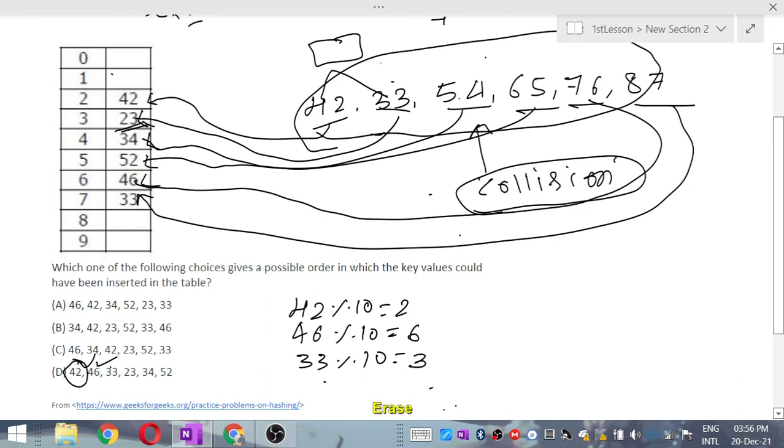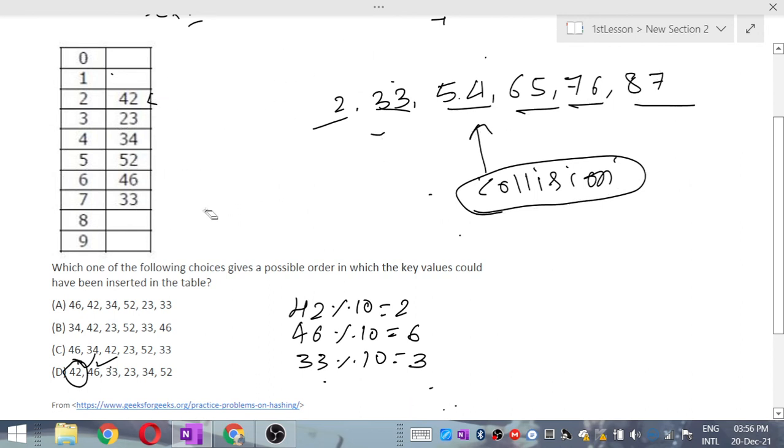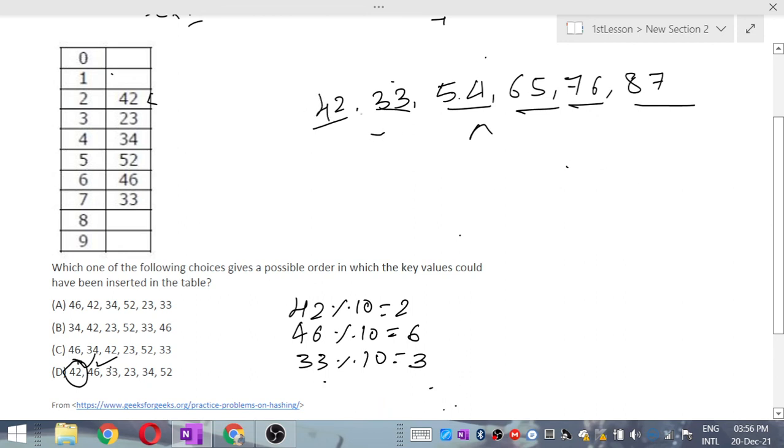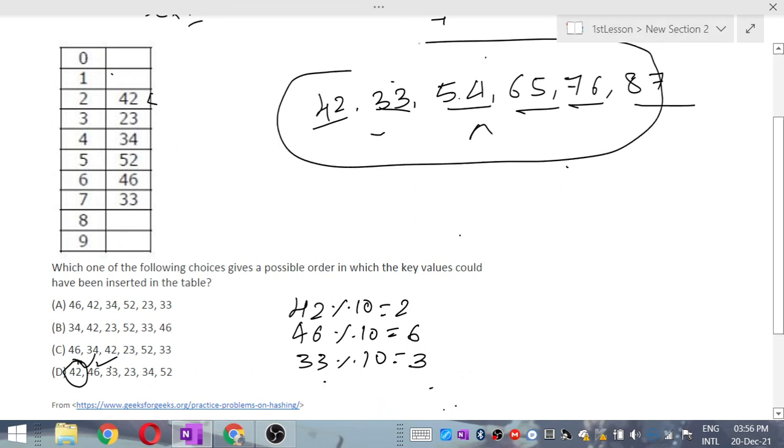That's why here order does not matter. Any order works. How many sequences are possible? 6 factorial ways. The number of sequences that can fill the table in the same way is 6 factorial.